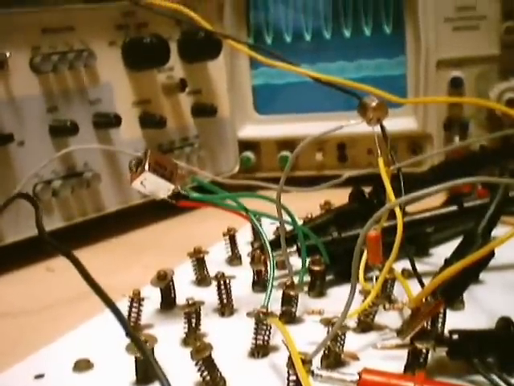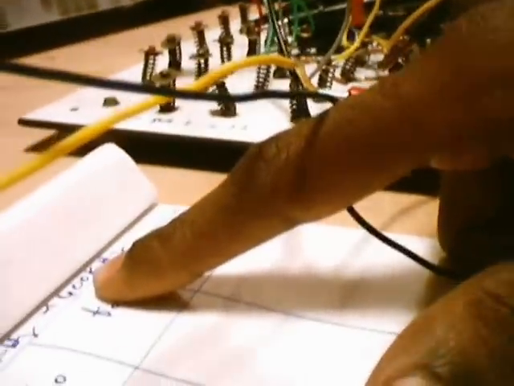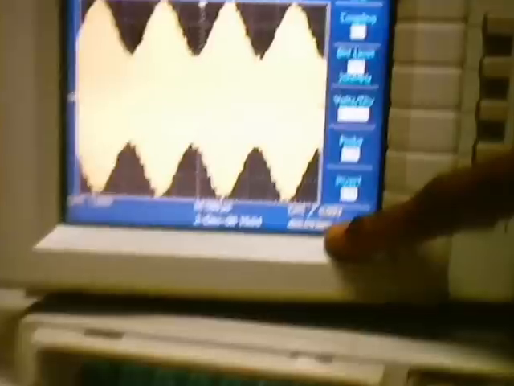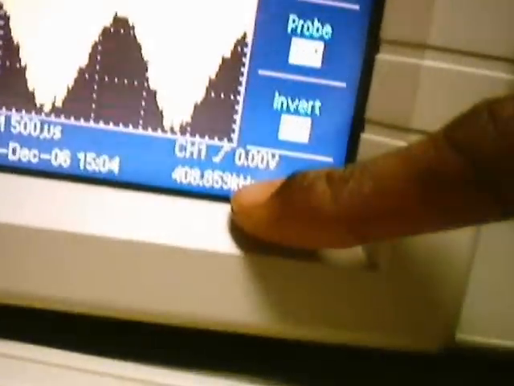So we know that the IFT was tuned to 400 kilohertz, so my output frequency has to be in that range of 400 kilohertz. You can see now here the frequency that I'm getting at the output of my IFT is 408 kilohertz. Now this is the down converted waveform.